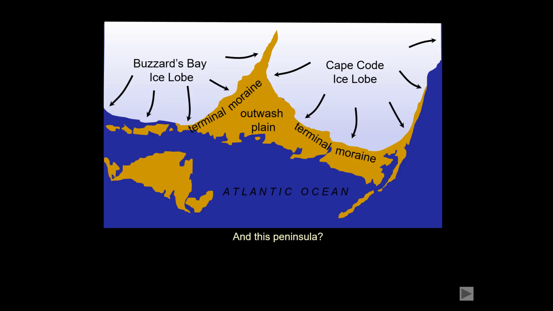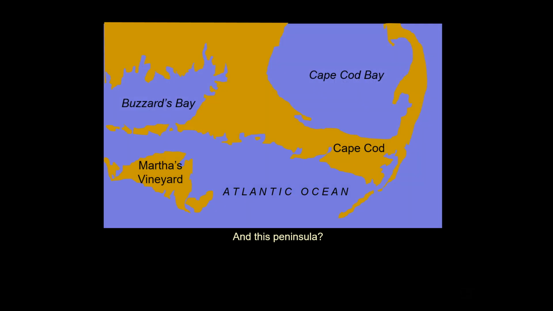And I'll show you a couple of others, and then we'll talk a little bit about terminal moraines. Another one that you might recognize is this peninsula. And the giveaway there is the label that says Cape Cod Ice Lobe. So you're looking at the peninsula that's today Cape Cod. And there's another one a little bit to the west of it called Buzzards Bay Ice Lobe. So today we know Martha's Vineyard Island is there, and Boston would be the center top. That would be the location of Boston, Mass. And this is Cape Cod Bay that was formed by